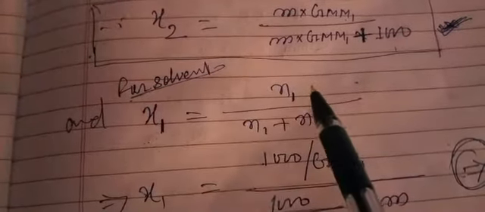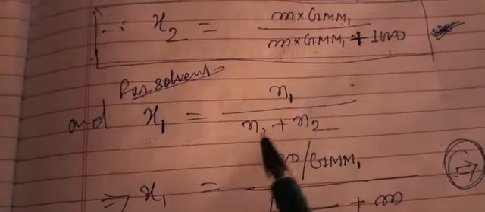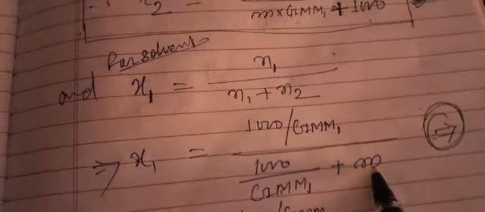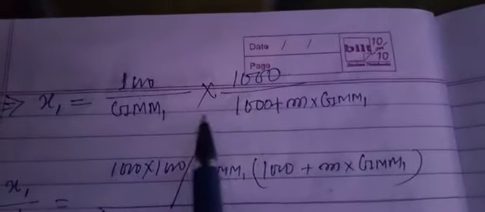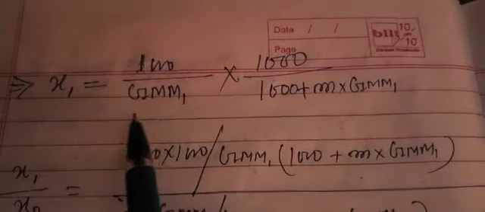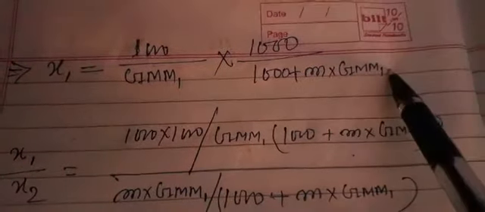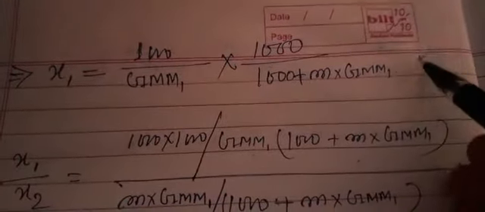So what is the formula? Number of moles of the solvent to the total number of moles of the solution. So the value of n1 is written here, the values of n1 and n2 you have calculated, and after the calculation we have this one. Further we calculate, I am making the calculation. These are very easy calculations, you can understand them. So x1 equal to this, we have rearranged it. After rearranging you got this one. So for x1 you have got the value.